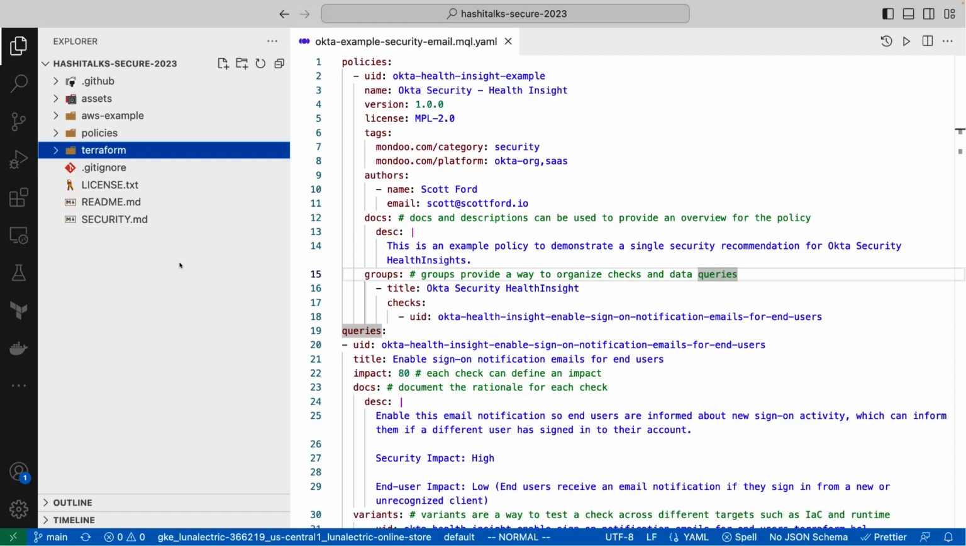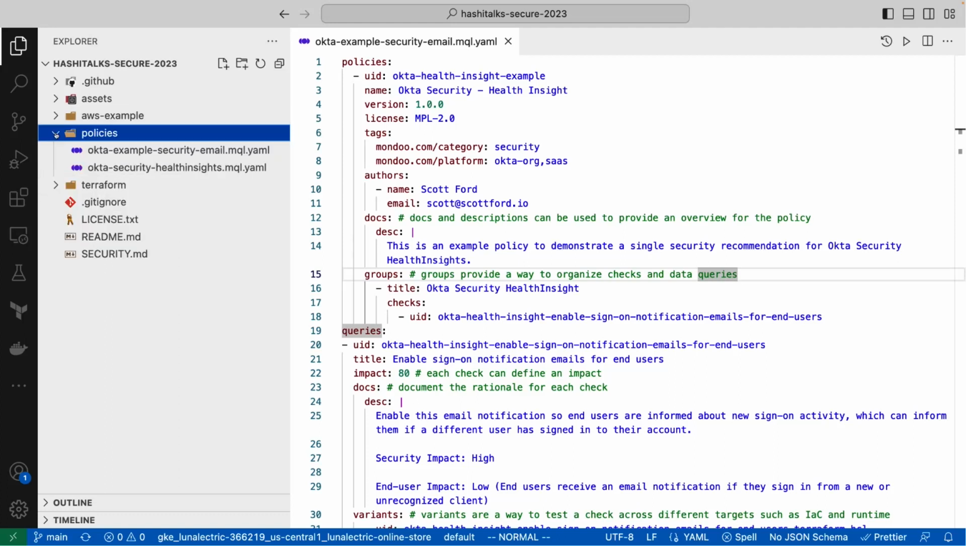Okay, so I'm in the HashiCorp secure repository here. I've got some policies. This is some example policies. This is the one that I'm going to take you through right now. We're going to put those 3 queries that we just did in the last section into a policy, and we've